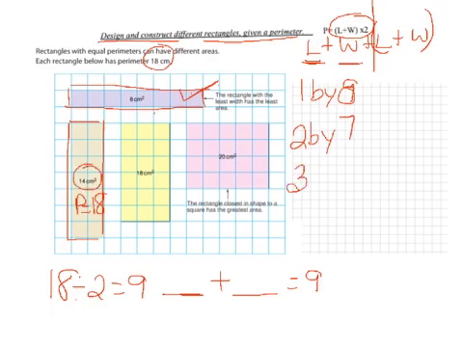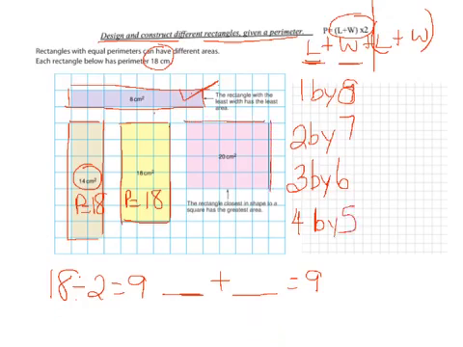What about 3 plus something? Well, 3 plus 6 equals 9. So 3 plus 6 is 9, plus 3 plus 6 is 9 does equal a perimeter of 18. At this point, let's take a look at the last possible one here, 4 by 5, because 4 plus 5 does equal 9, and 4 plus 5 is 9, plus 4 plus 5 is 9, so yes, it does have